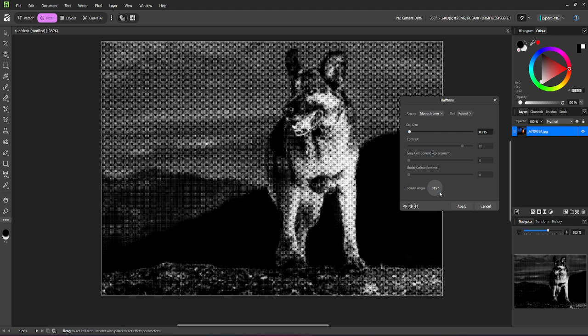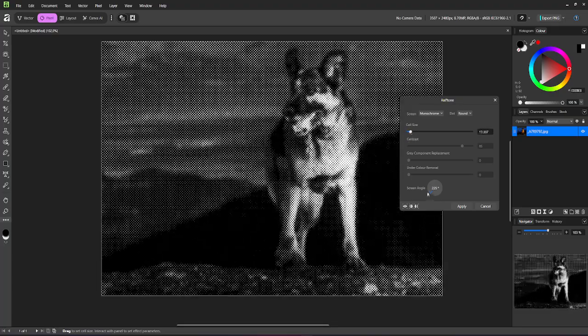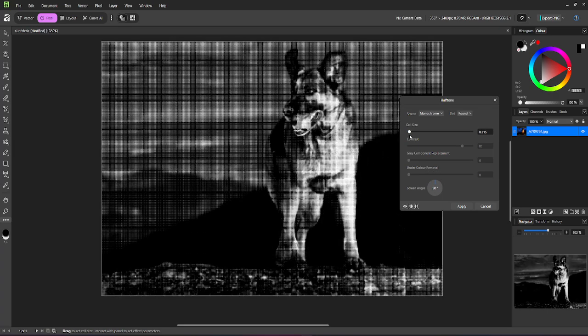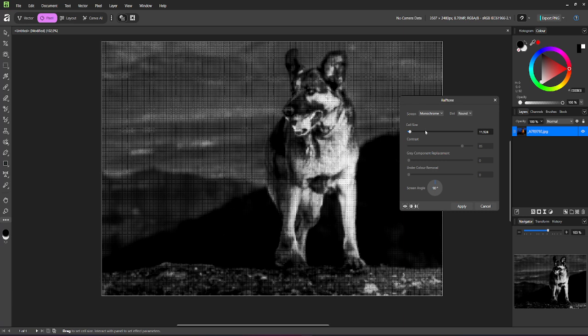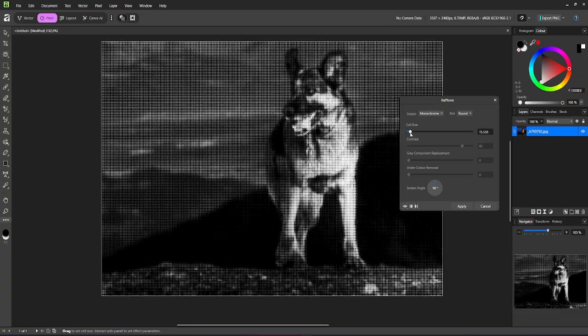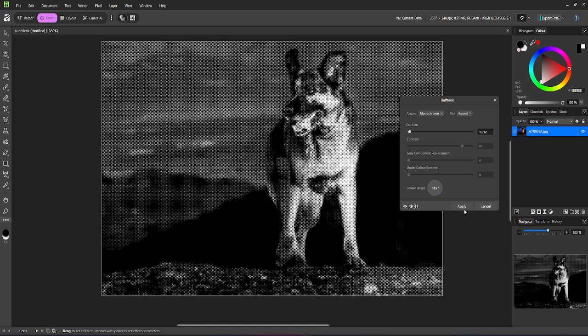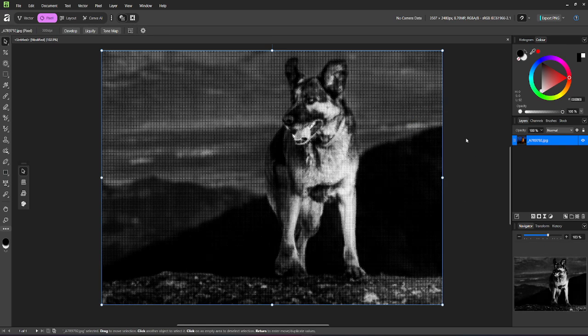So you can also play with this a little bit, and when you find the correct settings you are looking for, click apply, and that's it. If your image now has a clean, stylish halftone comic style look,